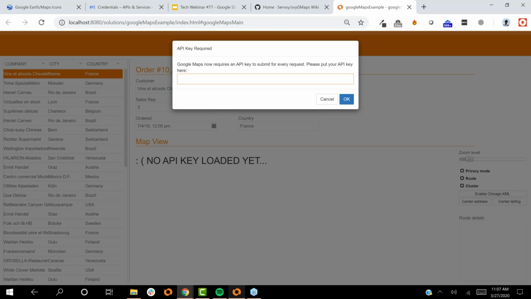The first thing it's going to do is ask me for my Google Maps API key. A few years back, Google started requiring an API key to embed a map on your application or your web page. An API key is free. There are some limitations in terms of usage. You can't, I think, make 1 million requests in a second or something like that. But it's quite easy to get a key. If you go to